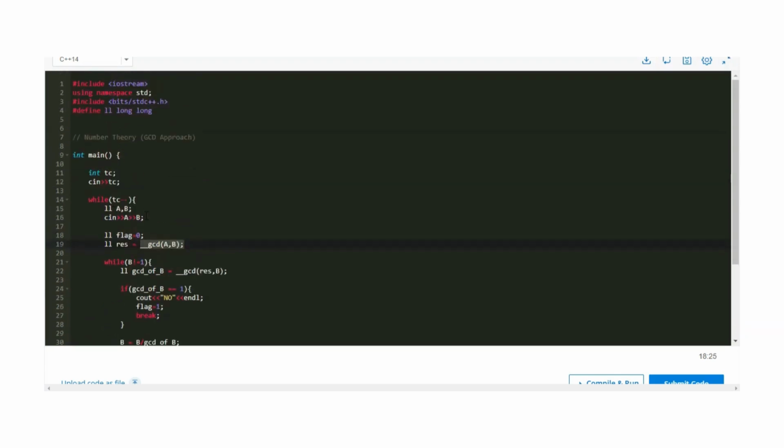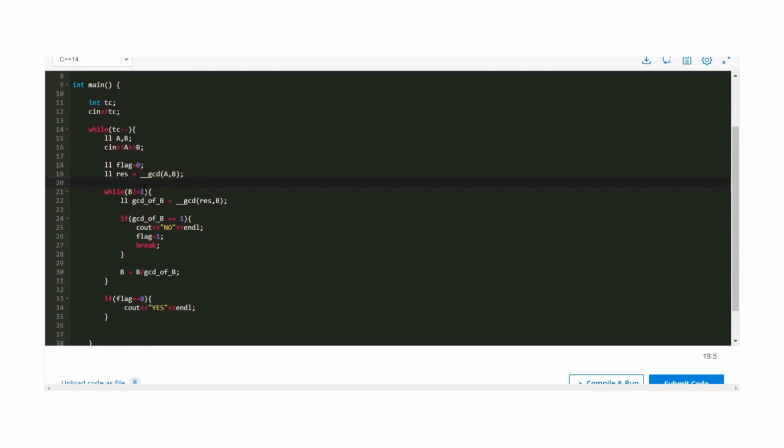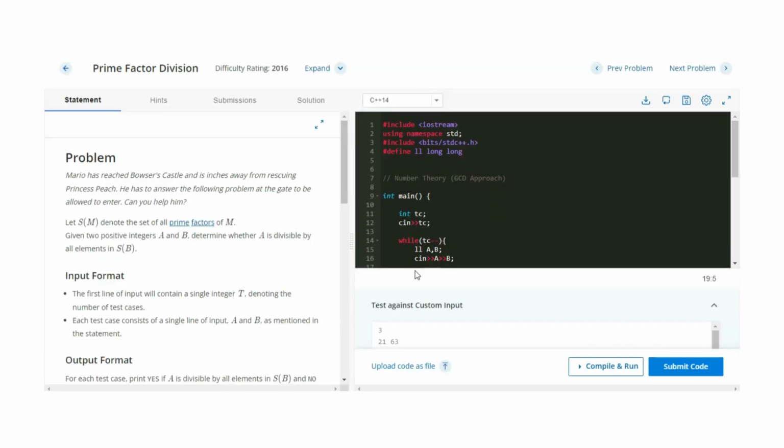You can see how we have applied the number theory concept here, how we have used the greatest common divisor concept to implement this problem. Hope this video is helpful in understanding this problem and you got the approach behind how to apply greatest common divisor in such problems, so that this will be helpful to you in future.